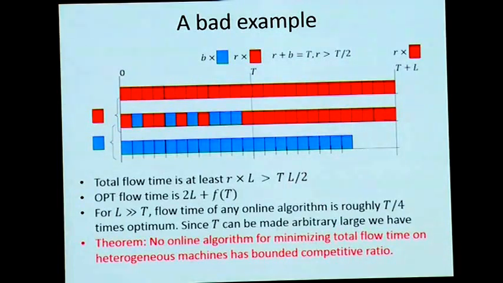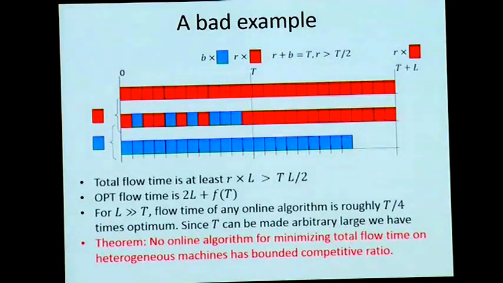And then, if you look at the ratio of these 2 quantities, again, think of L as much, much larger than t. Here, L is getting multiplied by t by 2. Here, it is getting multiplied by 2. The ratio is roughly t by 4. What does that say? If t was 1,000,000, then I have a competitive ratio of 1,000,000 by 4. By that I mean any online algorithm.